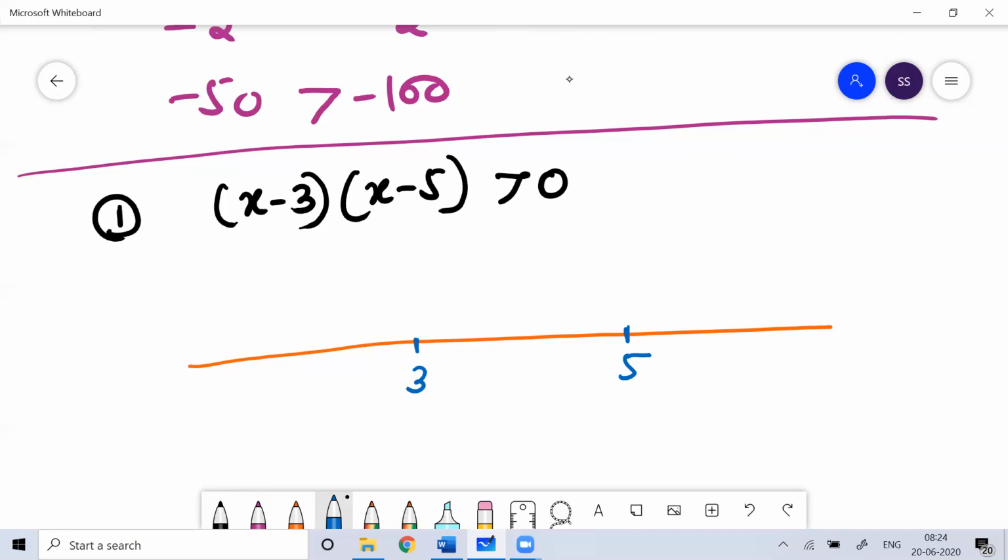Now to figure out the set of values that x can accept, because this is like a boundary, you set this boundary. One boundary you set on 3, the other boundary on 5. The first thing you do is think of any value greater than 5. Suppose I thought of 6, a value of x called 6. You don't have to solve this question.